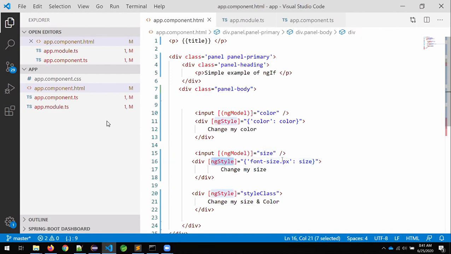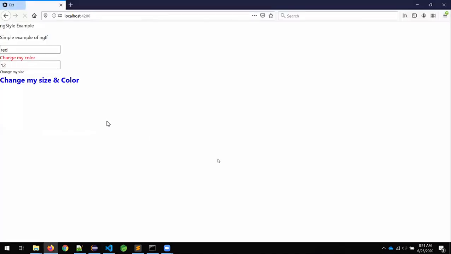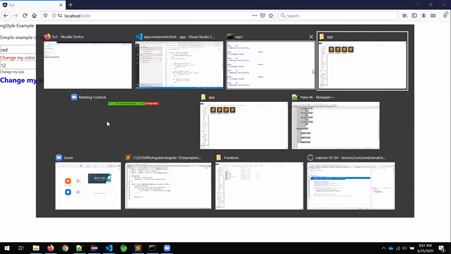Individual CSS properties can be controlled by ng style. It is equivalent to the style attribute. So in HTML, every element has the style attribute. The style attribute can be controlled by the Angular directive ng style. So practice this example also.